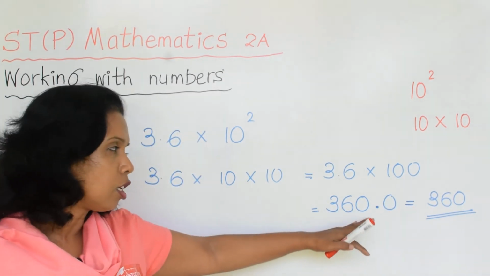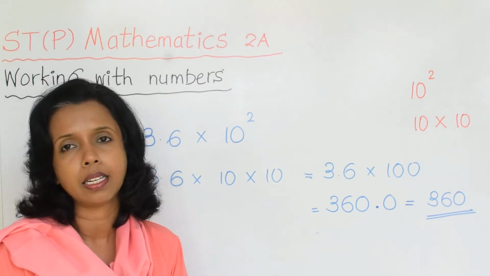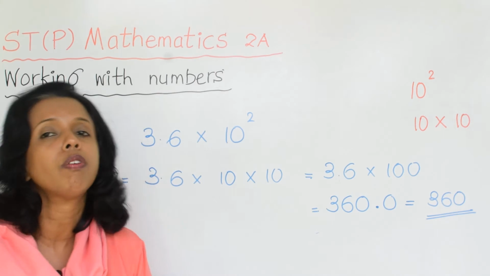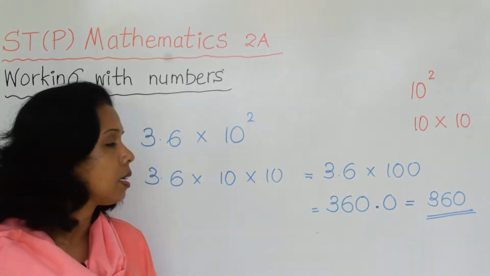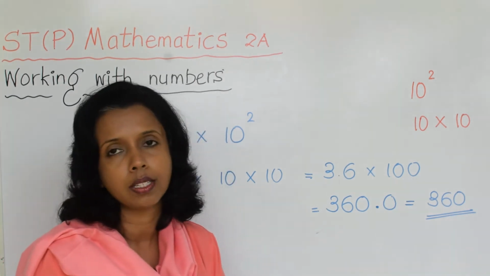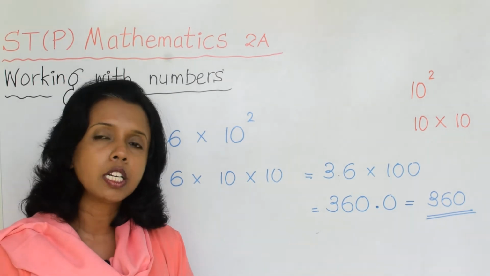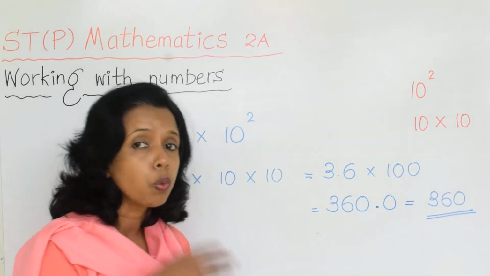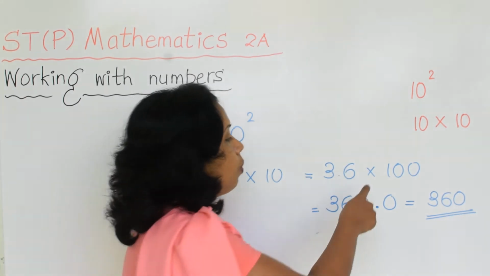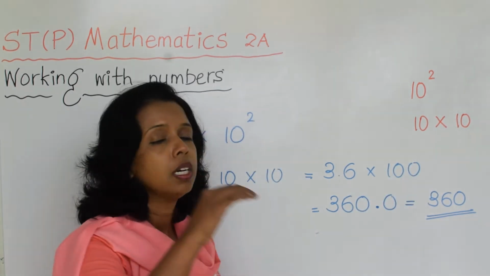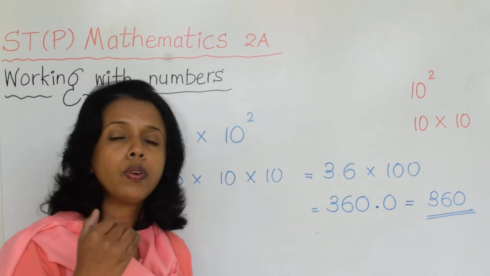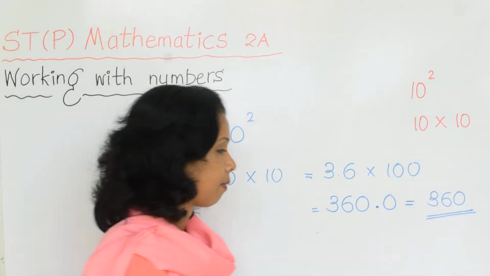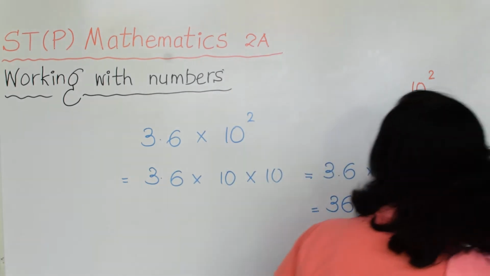It is not compulsory actually, but it's better to show this because you are showing what you did, rather than taking 360 at once, right? So it's better to practice with the correct method, because what we did, children, is that when we are multiplying a decimal number by 100, we are moving the decimal point according to the number of zeros you have, right? So we'll move to another example.